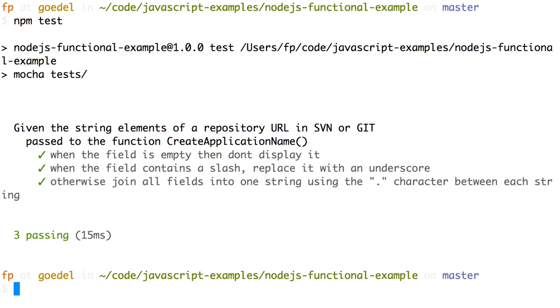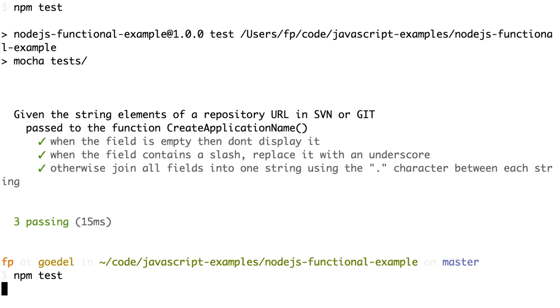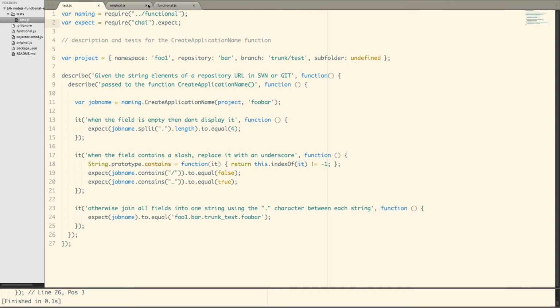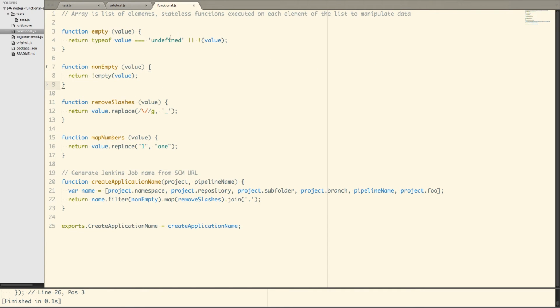They're still passing. And this is with the original now. Here, I switch to functional, which is basically just the same function, but done by me. And tests are still passing, so it's the same. This is the original that you saw already. And this is my solution,